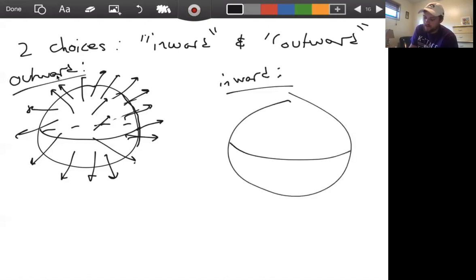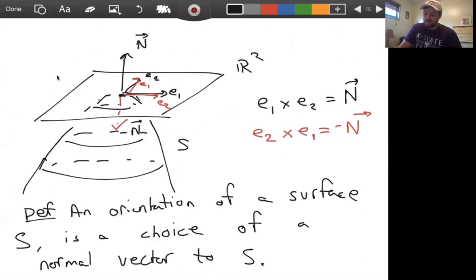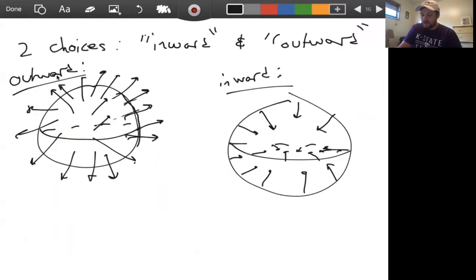Where you equip the sphere with the opposite orientation and all the normal vectors are pointing inside the sphere. Something like this. And we get a well-defined notion of orientation of a surface now, because we can choose a normal vector to orient our surface. And in fact, remember,